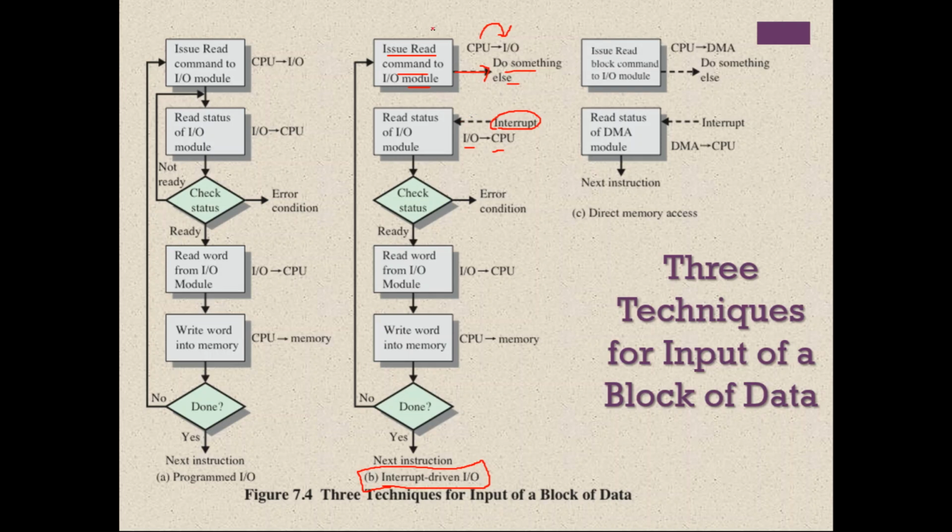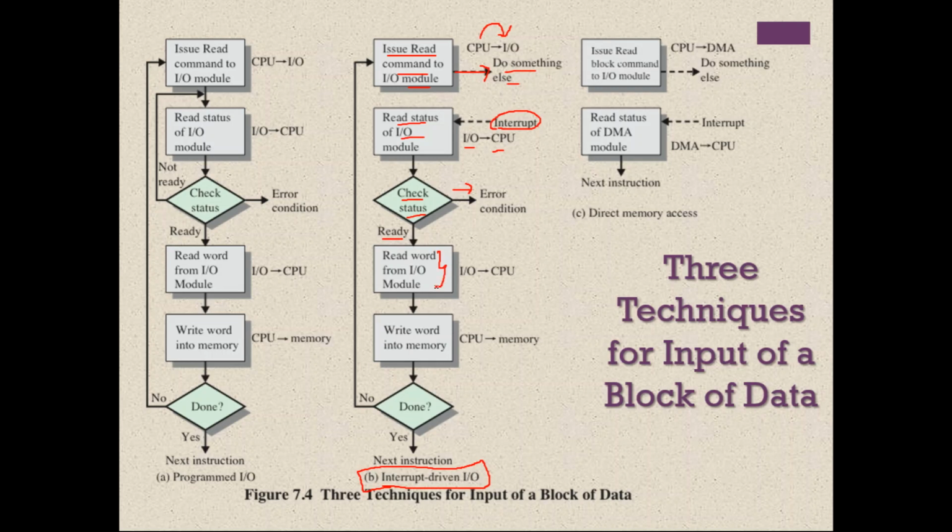After receiving that interrupt, what will the CPU do? The CPU will stop whatever it is doing, and then it will read the status of the IO module. It first reads and then checks the status, whether it is completed or not. Sometimes it may be an error. If it is an error, it will stop there and exit. Suppose the IO is successfully completed, then it means that it is ready. Now the result is available in the IO module.